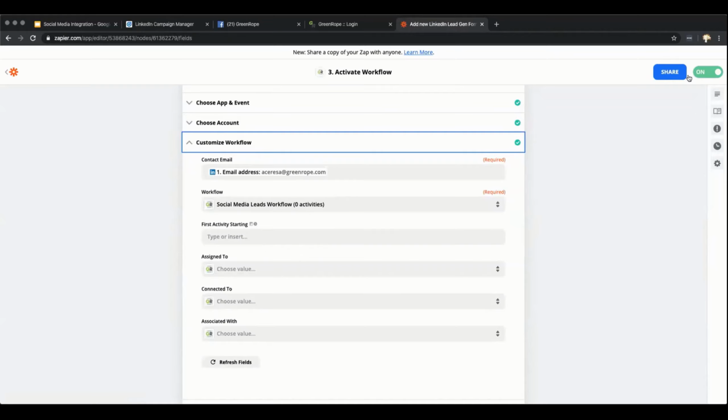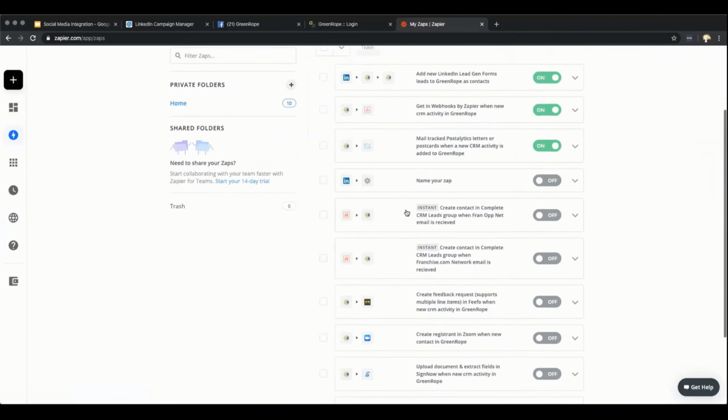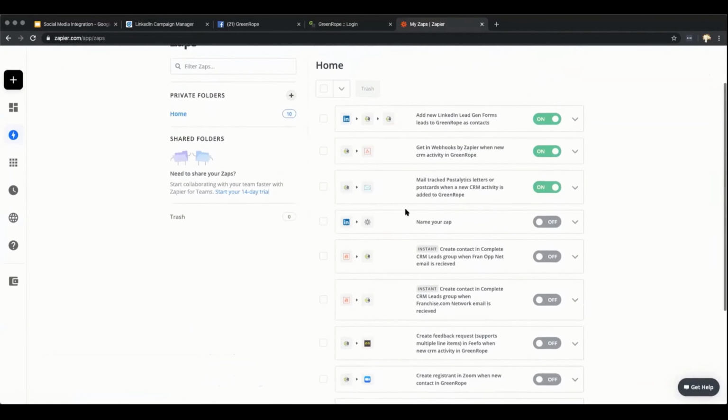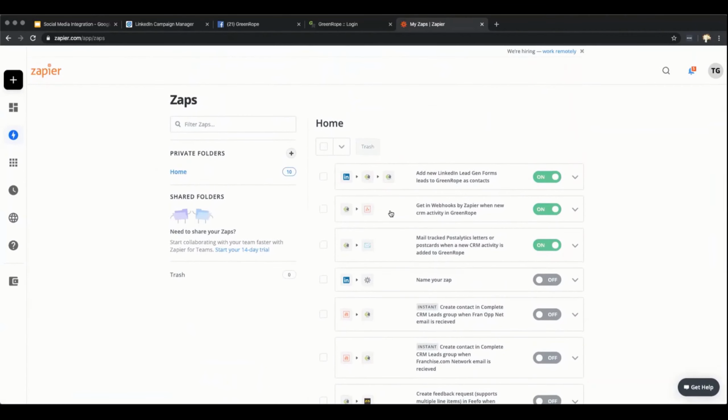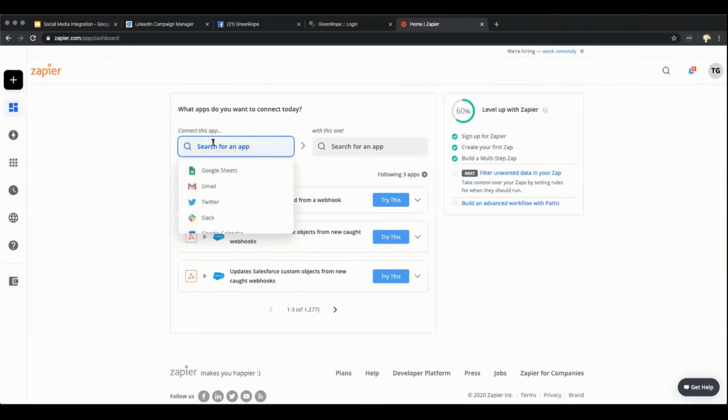And then all you have to do is just turn on your Zap. And you can see here we've got a number of different Zaps that we've used. There's all sorts of Zaps that you can use. I mean, it's limitless in terms of what you could connect, which is really exciting. And just so you know, the same thing goes for Facebook lead ads, and you've got so many different options with Facebook.